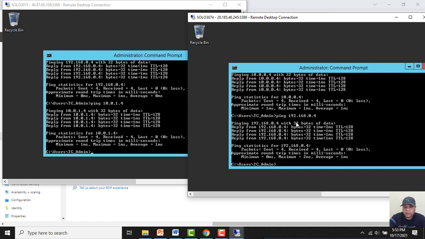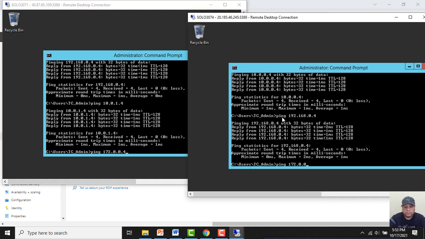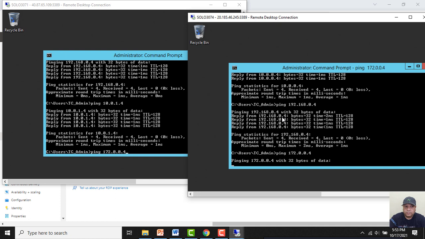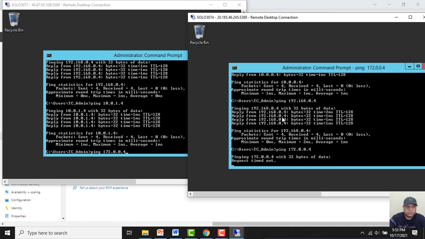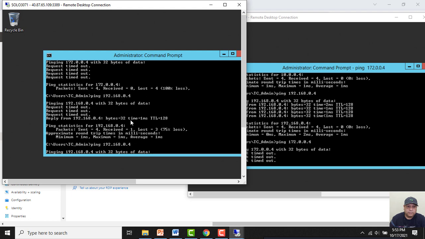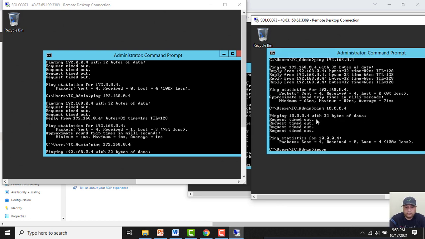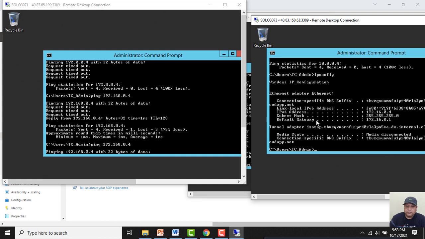Now let me try to ping the VM in the network C. It is 172.16.0.4.